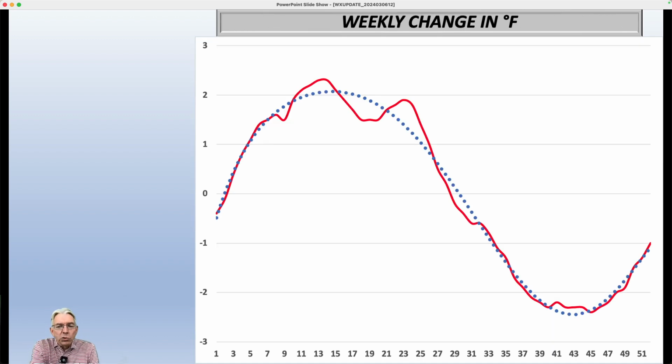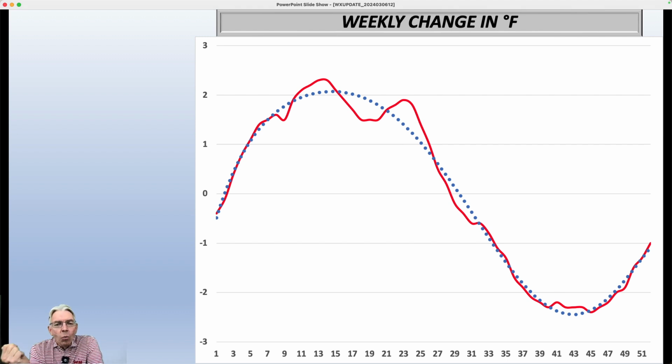Now, I thought this would be a little bit fun. For those of you that are mathematically minded, we got into all this calculus on Monday. If you have a graph, a function, and you take what's called the first derivative of that function, that is basically the slope of that line at any point along the graph. So that's what this is: the rate of change of those normals. The x-axis at the bottom is the weeks of the year. Actually there's 52 there, it's just that my font was too big to sneak in the 52.